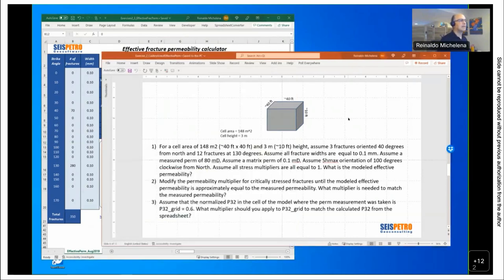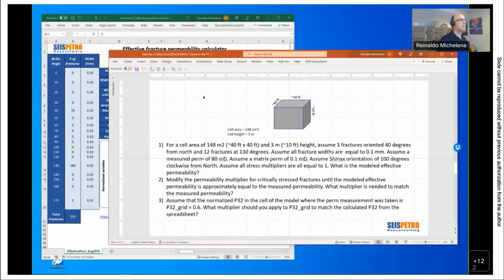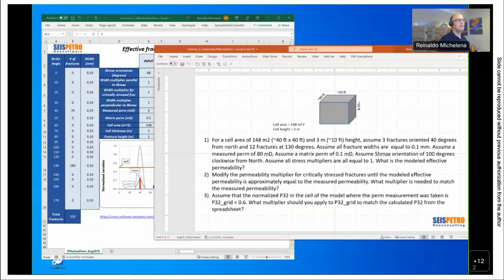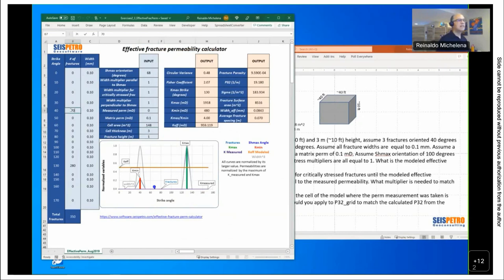So we have this cell area, and we're going to assume, as I said, I'm going to be going back and forth between the PowerPoint and the spreadsheet. So the cell is 3 meters height, so in the cell thickness we're going to put 3 meters. It's already there. Then we have 3 fractures oriented 40 degrees. So here in 40, we're going to put a 3, and then it continues the exercise,